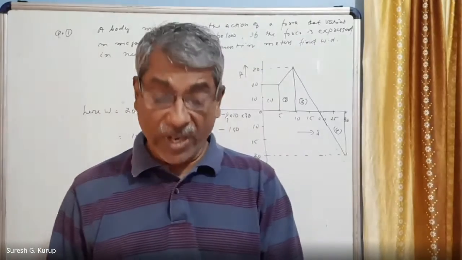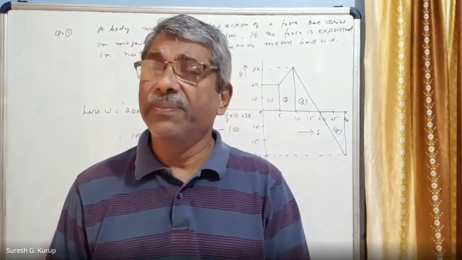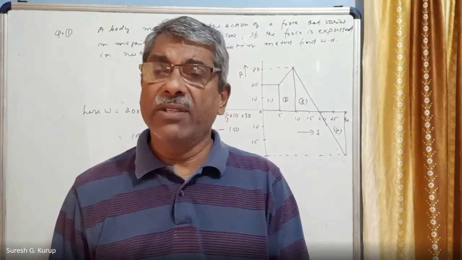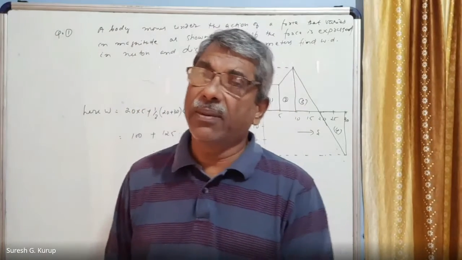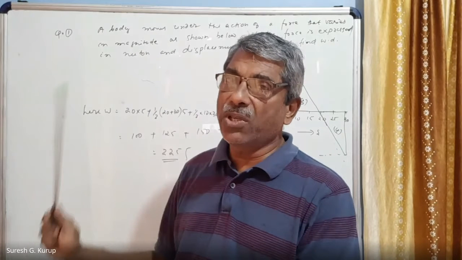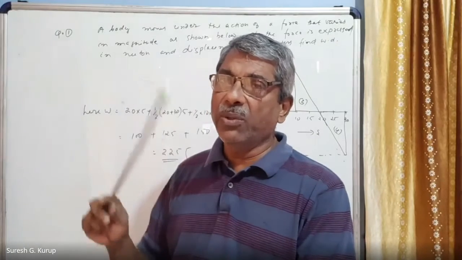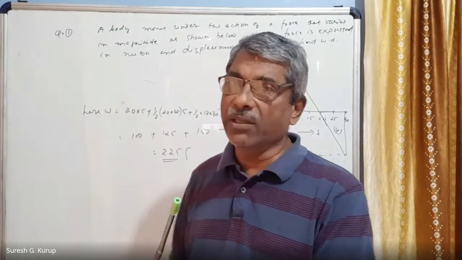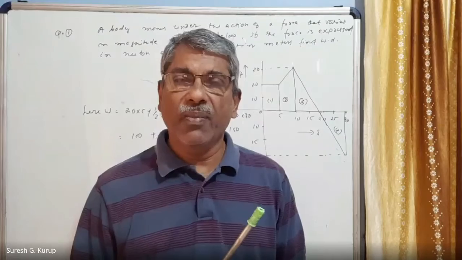Yesterday we have seen about variable forces and work done by a variable force, right? To find the work done by a variable force, I have said we have to first plot a graph between the force and displacement, force along the y-axis and displacement on the x-axis. Then we have to calculate the area covered by the graph line with the displacement axis. That is equal to the work done by the variable force. So it is very important.